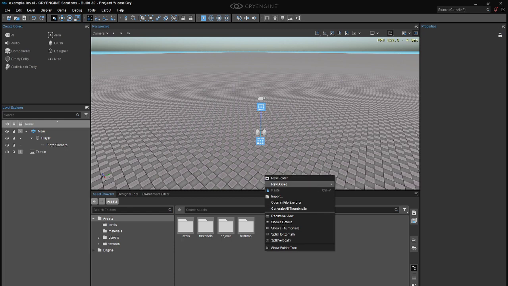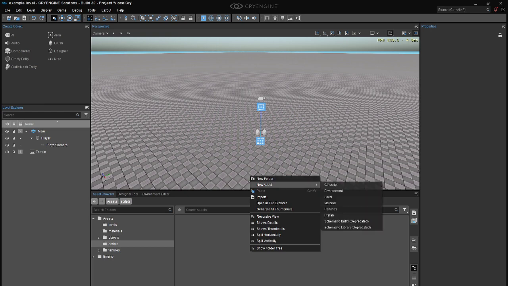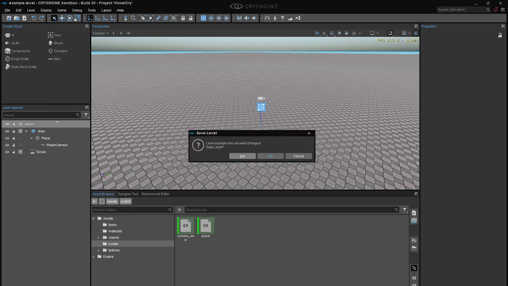So let's make our scripts. We're going to need a new folder. Scripts. I'm going to call this player. Alright, then I'm going to call this one camera view. So with these two scripts, I'm going to exit out of the engine,